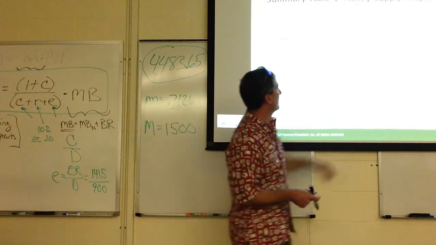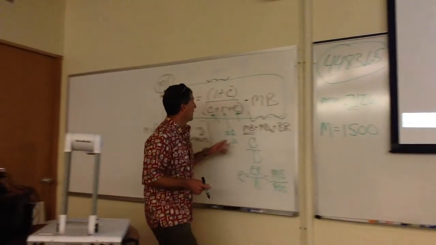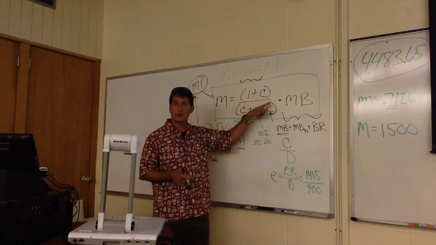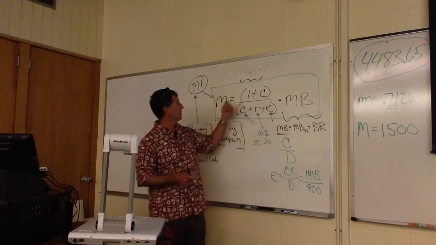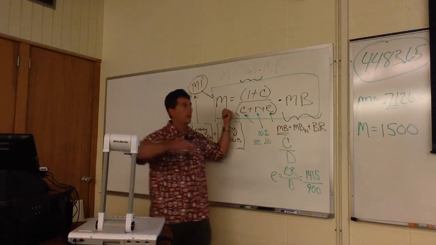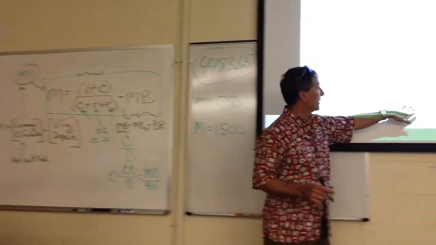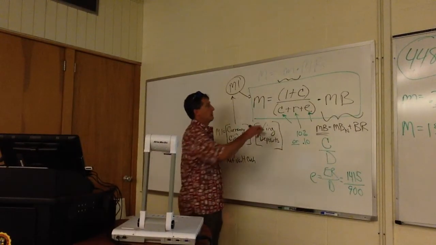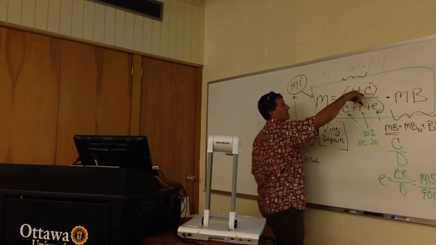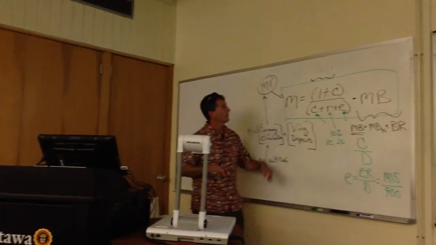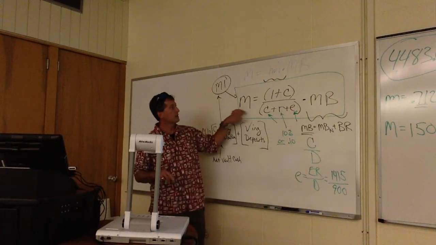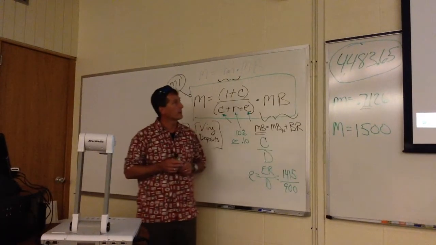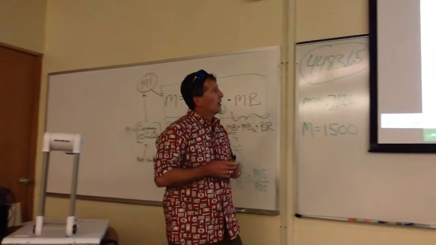Excess reserves: if excess reserves go up, they're holding on to excess reserves. That means there's more of these floating out in the system. That means this goes up, which makes this go down. And then currency holdings. As people hold more currency, if this goes up with the other factors held constant, it causes the money supply to go down. And the monetary base is going up with currency as well. Okay, so